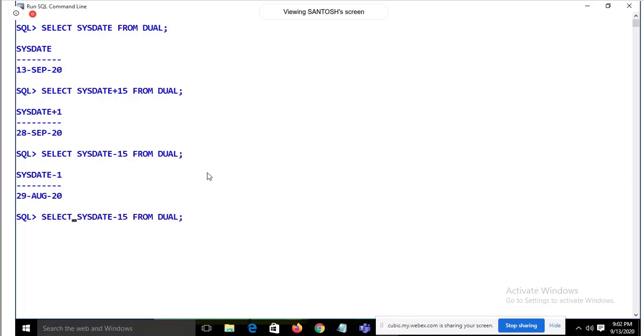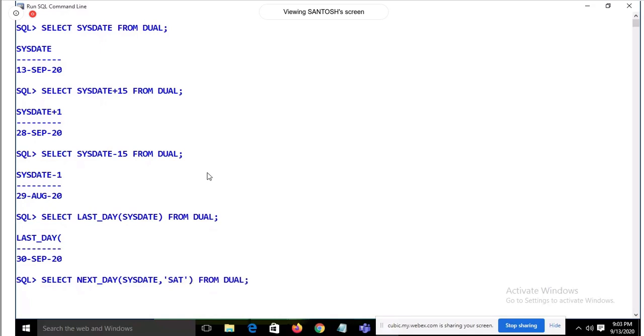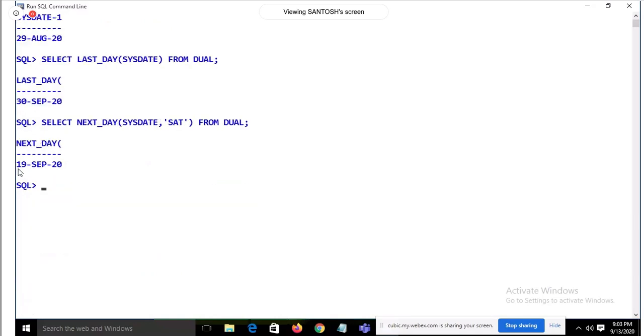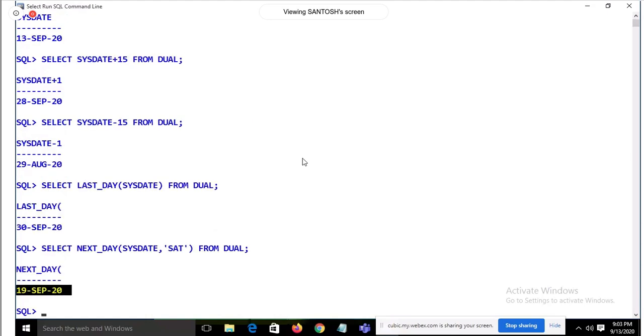Suppose I'm looking for last_day of sysdate. 30th September will be the last day. Suppose I want to check what will be the date on the coming Saturday: next_day of sysdate, comma, SAT. On the coming Saturday, it will be 19th. So these are the date functions we have.